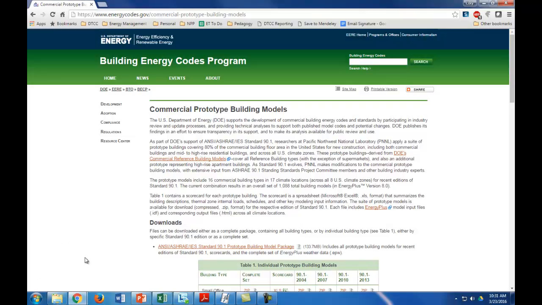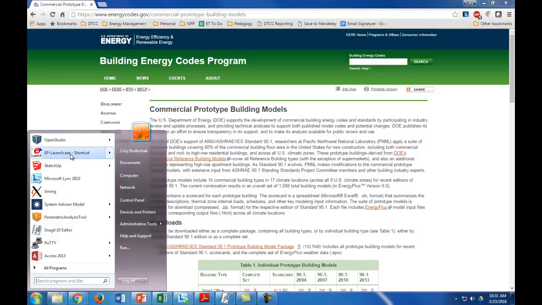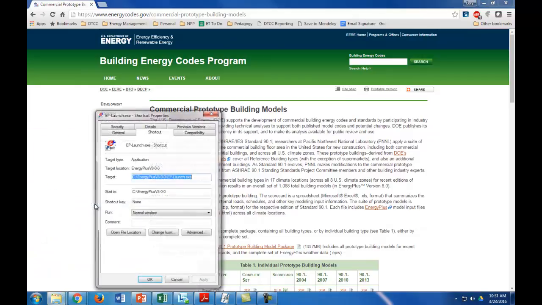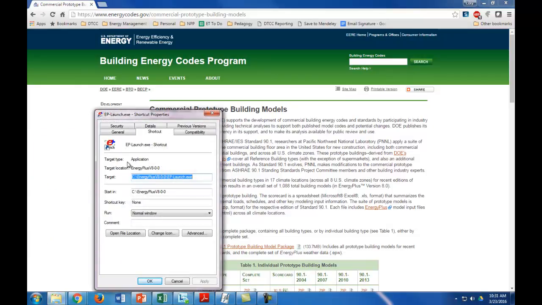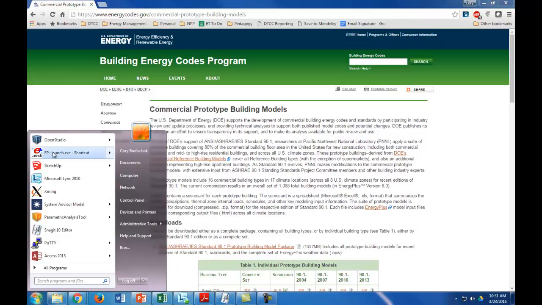I really want to show you how to get hourly or sub-hourly energy use data of these buildings to use in different calculations. What you can launch is EP-Launch. I have a shortcut here, but it's usually in the EnergyPlus folder. Mine's under C, EnergyPlus, EP-Launch, but you might need to search for this. Once we open that up,